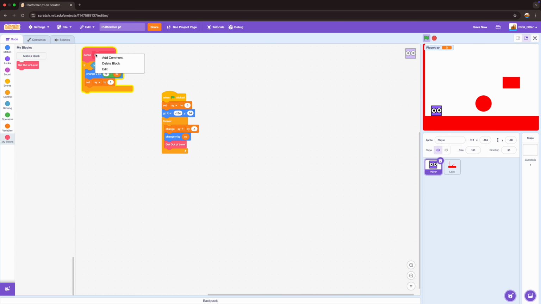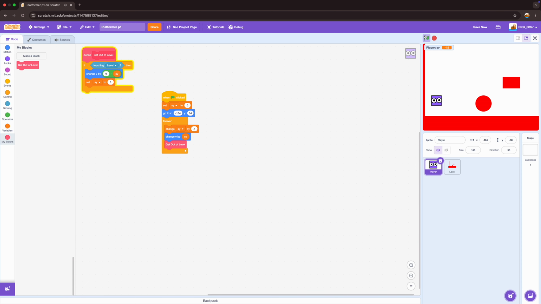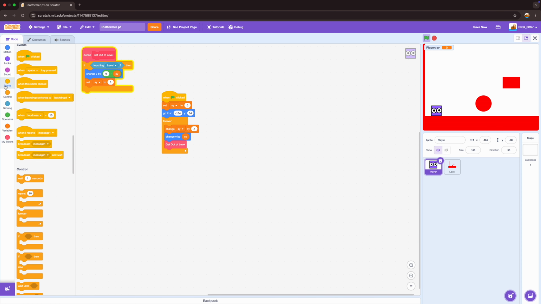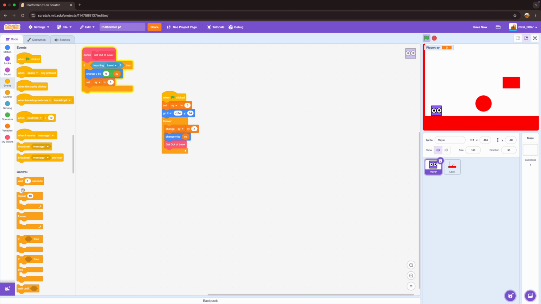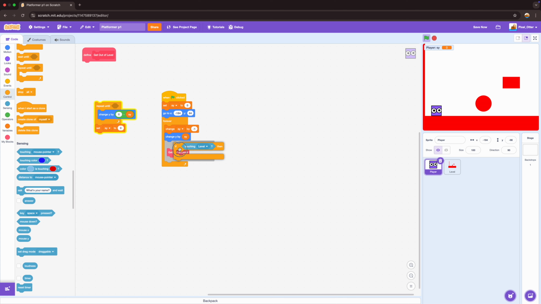Make sure you take the run without screen refresh. Now you can see that the gap is still there. That's because we're using the wrong technique. What we should do first is organize it a bit more: if touching level, get out of level. Repeat until